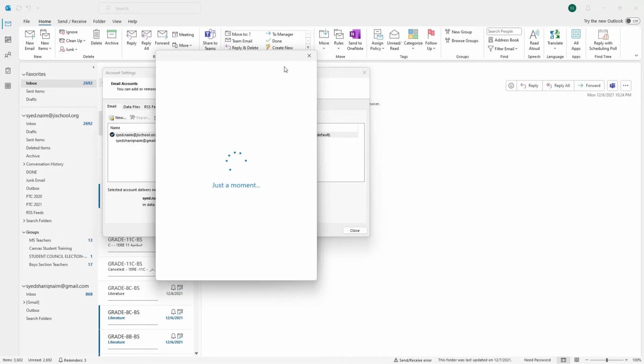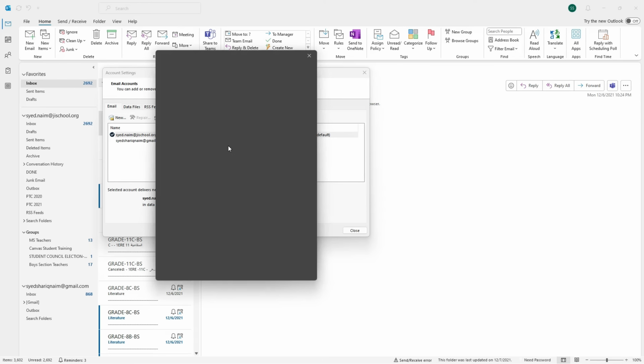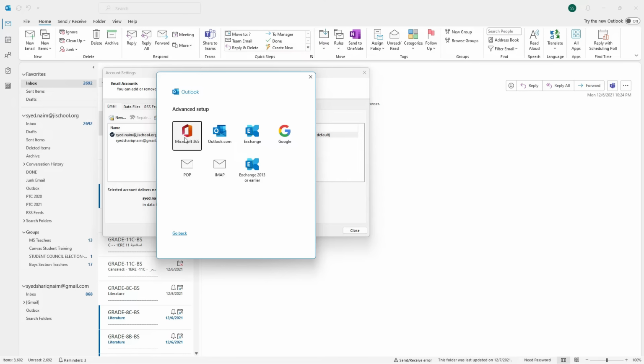You can see it will ask you to add Gmail or Outlook or whatever account. So here you can see now it's asking which account you want to add: Office 365, Outlook, Google or whatever.